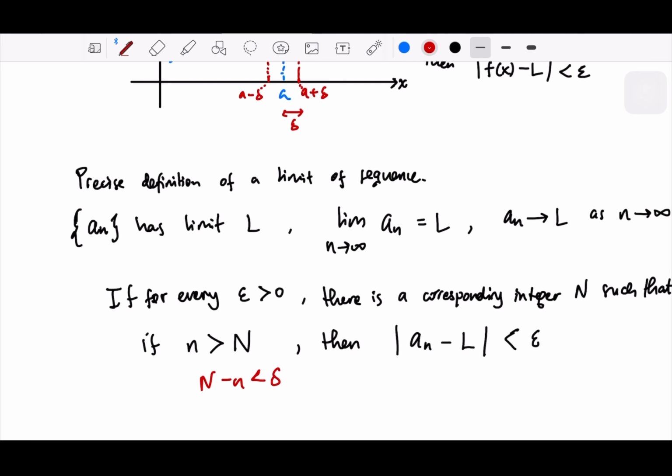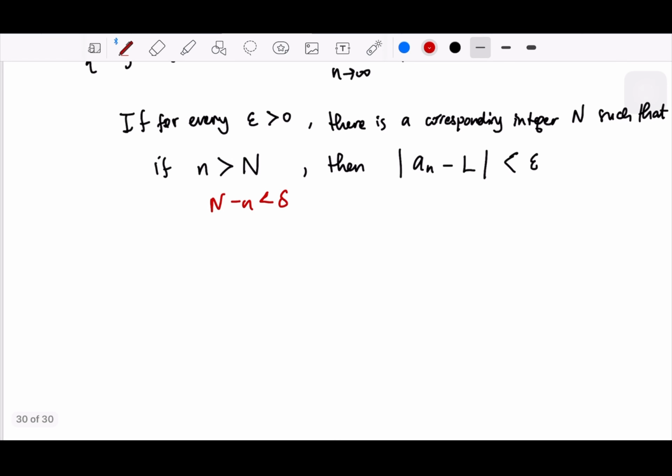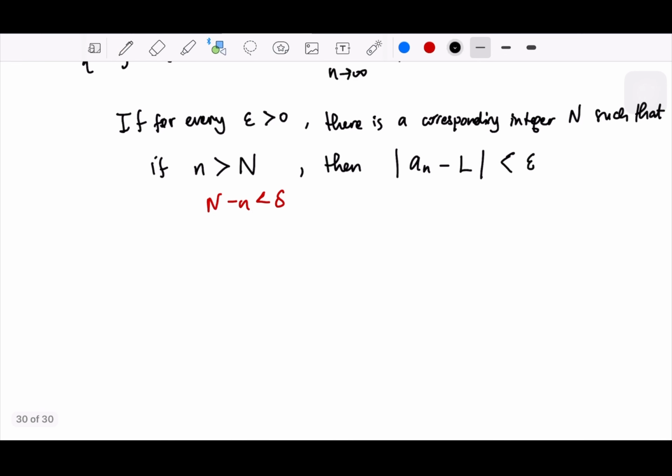So no matter how small the interval between L minus epsilon and L plus epsilon, there will be an integer, capital N, that exists such that all terms of the sequence will be in those intervals. Or if we try to illustrate,